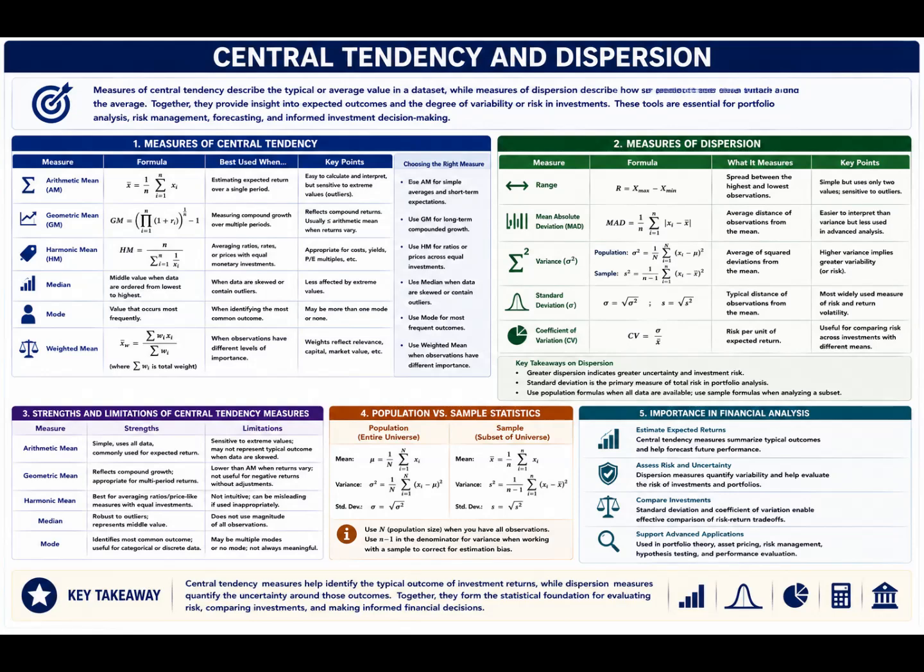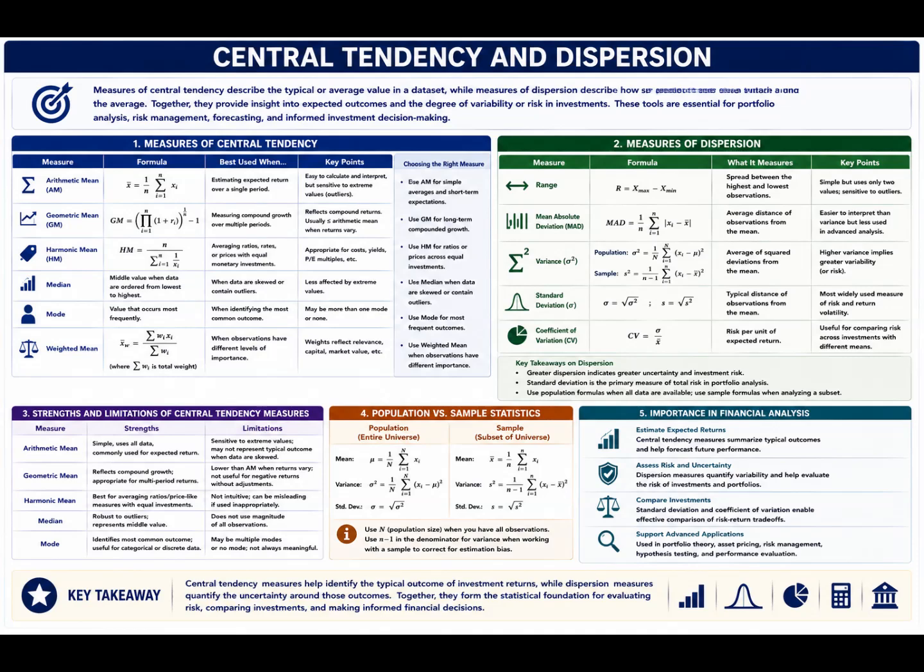Together, these statistical concepts provide insight into both expected outcomes and the degree of variability or risk associated with investments. The topic emphasizes that understanding the distribution of financial data is essential for portfolio analysis, risk management, forecasting, and informed investment decision-making. The topic begins with measures of central tendency, including the arithmetic mean, geometric mean, harmonic mean, median, mode,